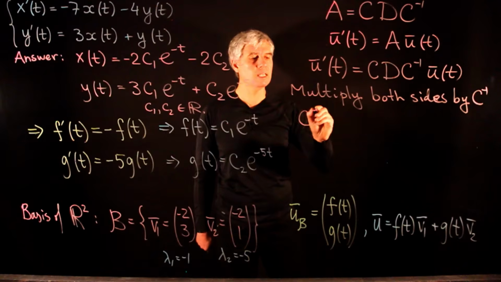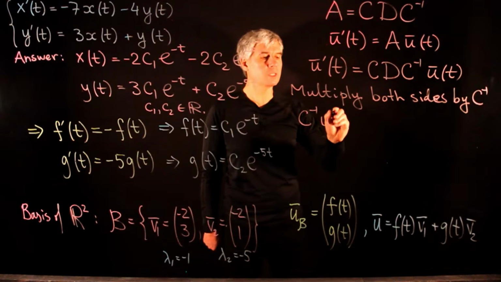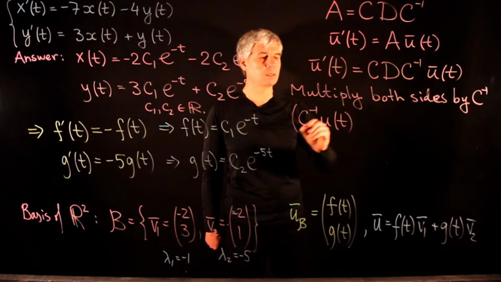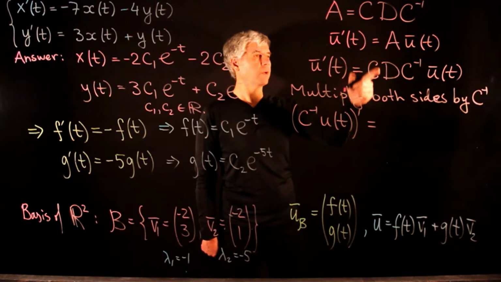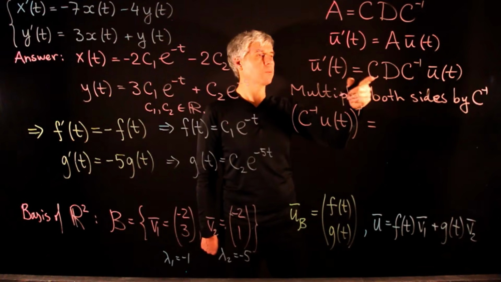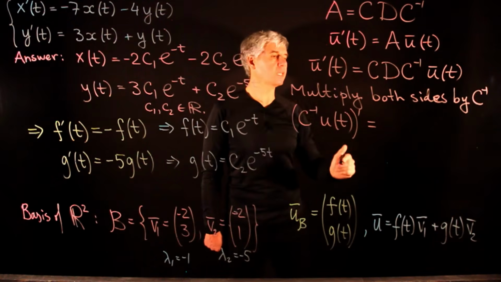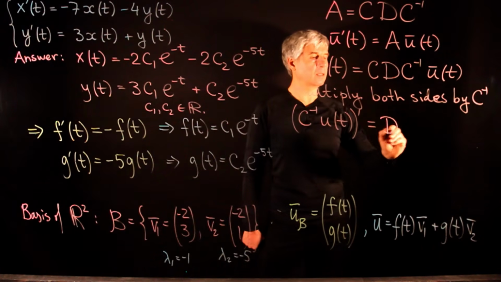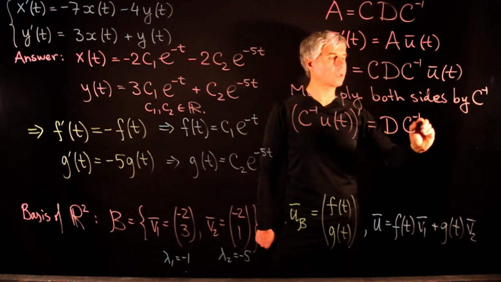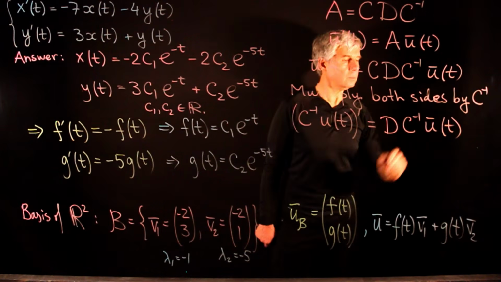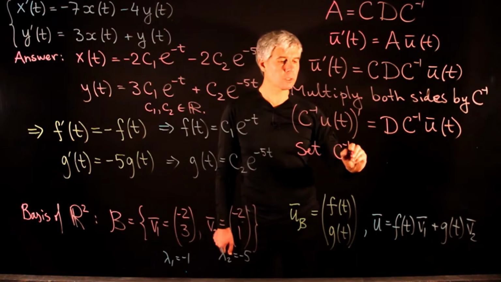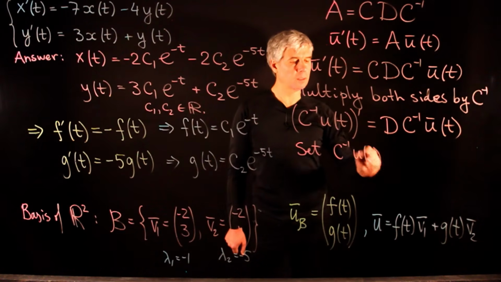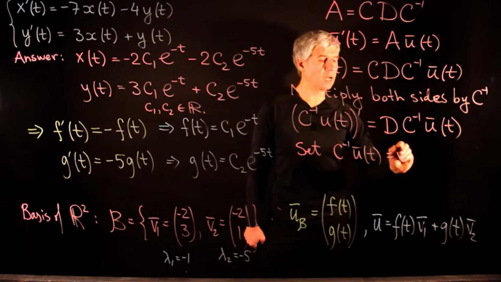Then we get C inverse u of t, and all of that prime, is equal to D times C inverse u of t, because the factor of C cancels. Then let's call C inverse u of t this w of t,